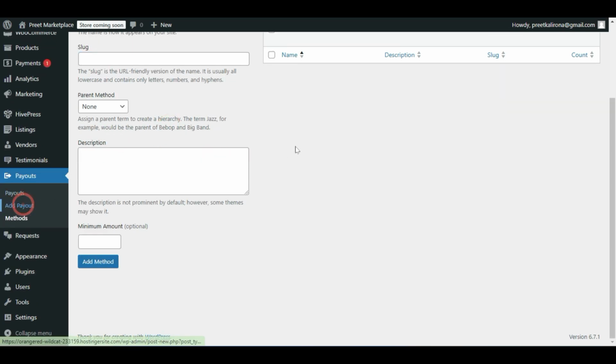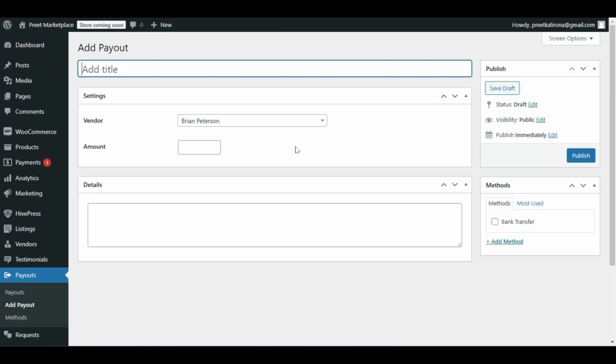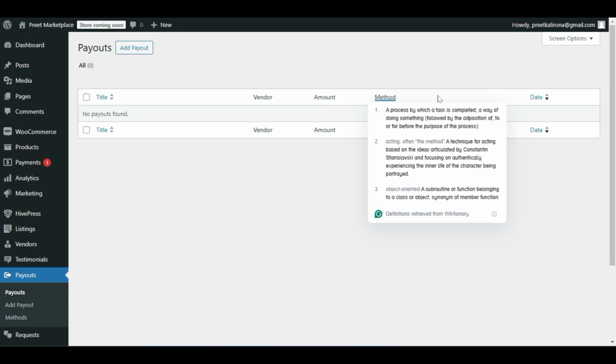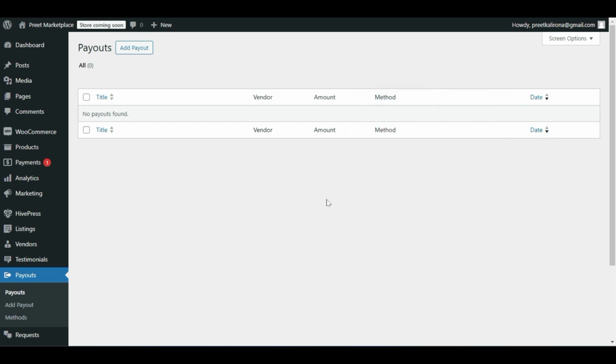Then add payout, you can add or check payouts in these options. If there is a request for payout from the vendor, you will be able to check here, and you will see the vendor name, amount, method, what method they chose, and the request date. Okay, then you just need to quick edit and publish